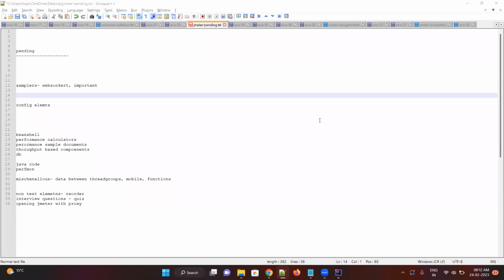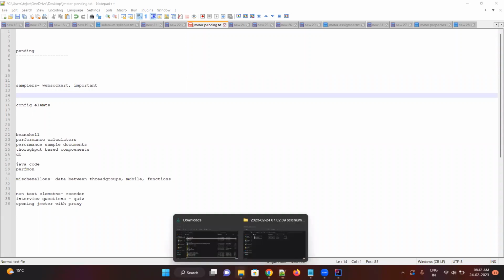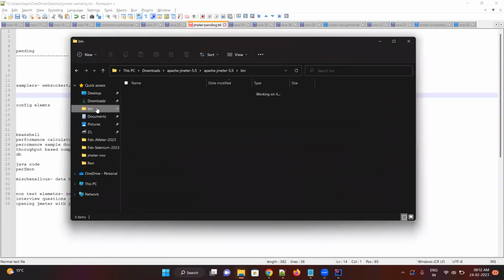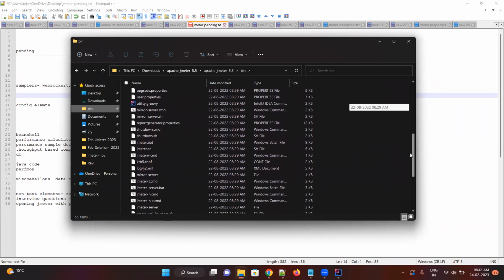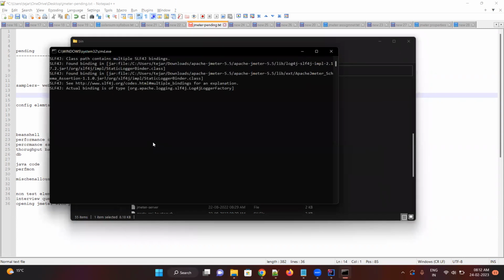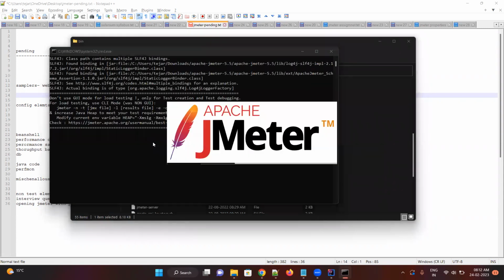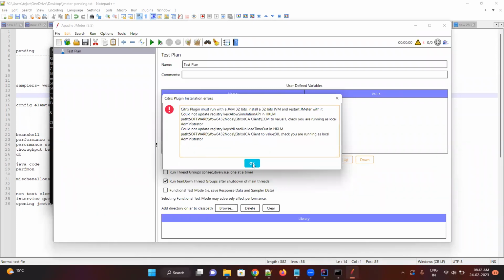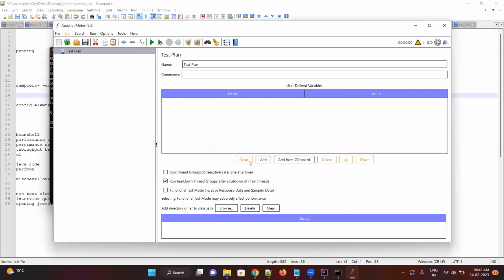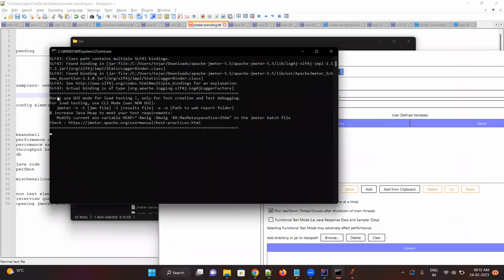Okay. So if you open JMeter, let's see what we are getting whenever you open JMeter. If you see this command prompt in the back end, it says do not use GUI for load